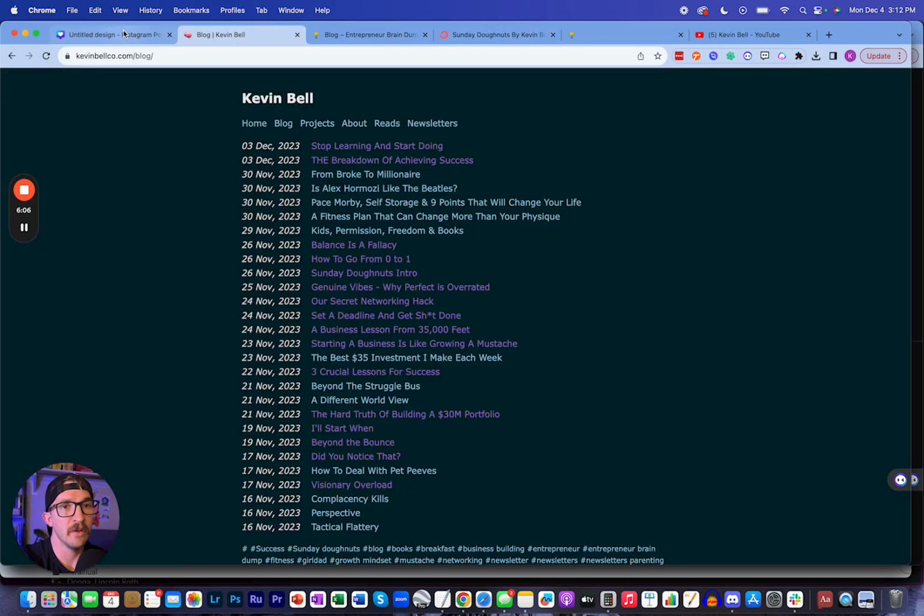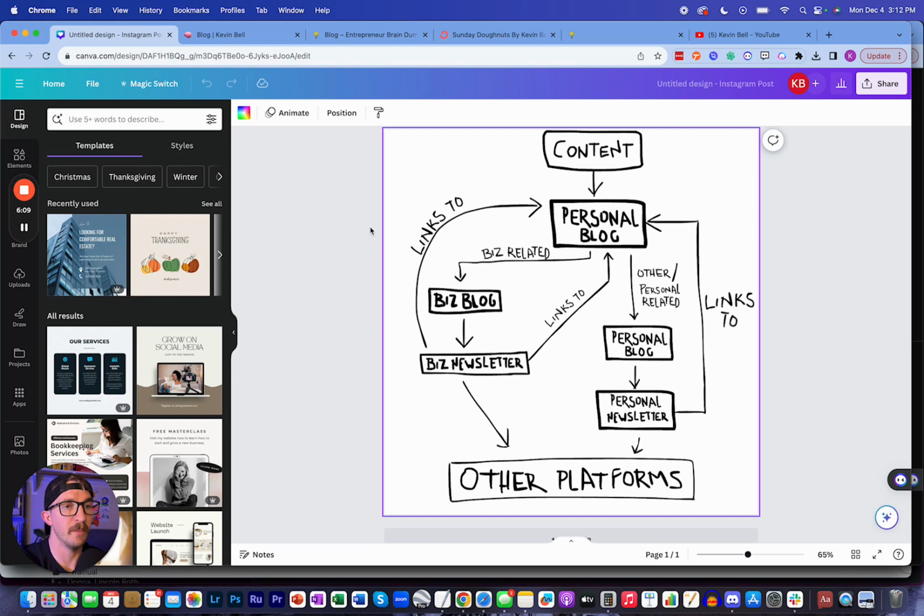So as you can see, what I've been doing is building out a flow where when I have an idea, it goes somewhere. Instead of just being stuck in the phone and stuck in my notes, it has a place to go, and then it has purpose. It's not just an idea that's going to stay there. It's an idea that's going to immediately become something actionable. So content, I write it in my phone, and when it's ready to go, it goes to my personal blog. If it's business, like more entrepreneur focused, it's going to go business blog, newsletter, and then out. And we'll talk about that in a second.